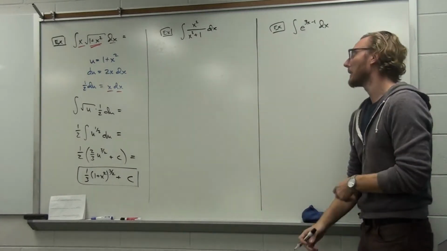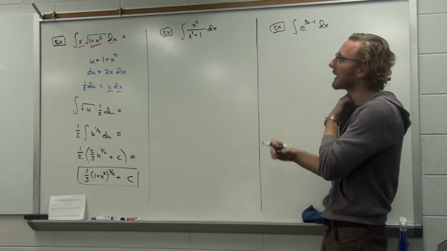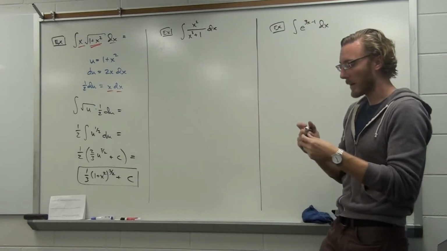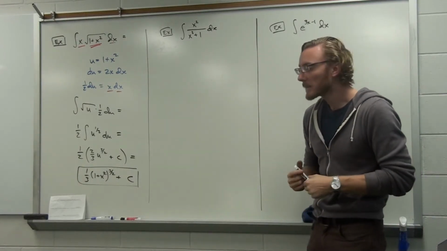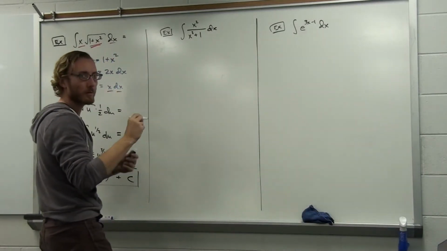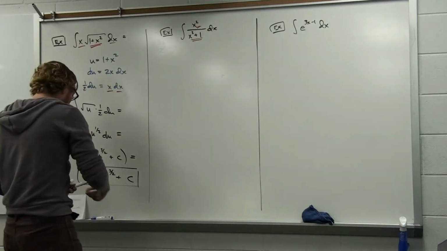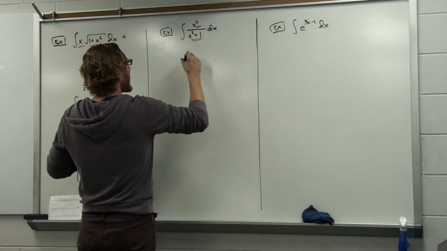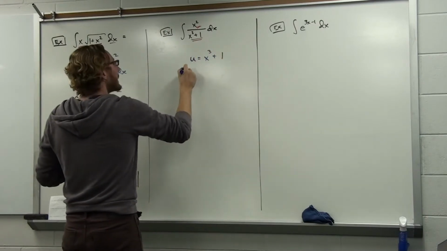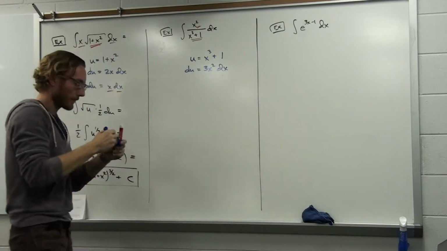Okay, what about this next guy? Well, whenever you look at this thing and you're trying to take the integral, certainly we don't have a cookie cutter formula for x squared over x cubed plus 1 dx. But if you notice that there are 2 bits of this expression related by derivative, something of degree 3 and something of degree 2, then you could set u equal to that higher powered thing, the thing of degree 3, and then du would be of degree 2,